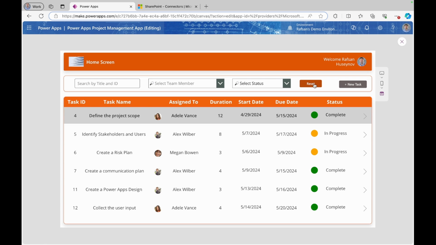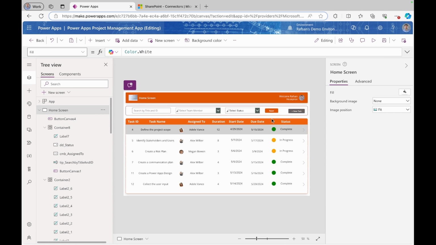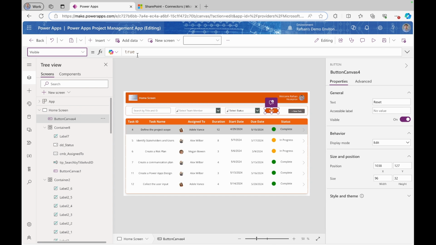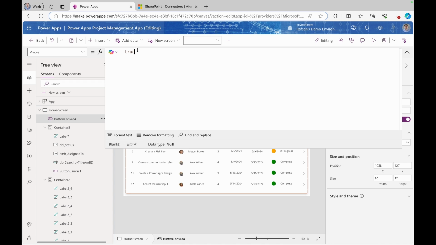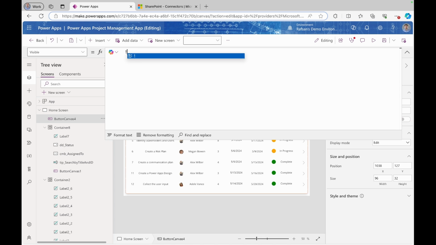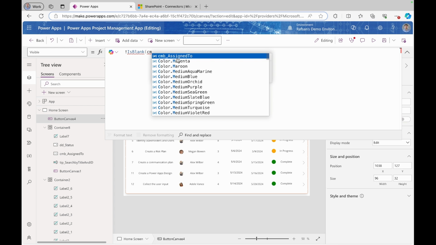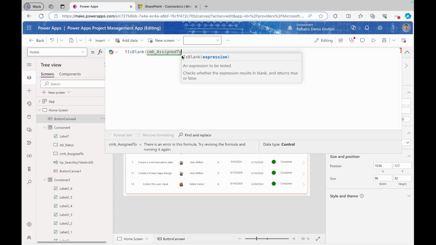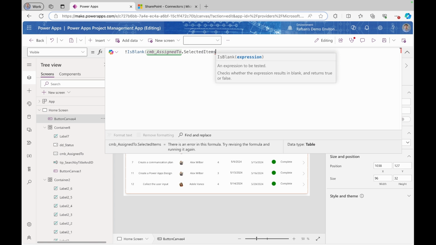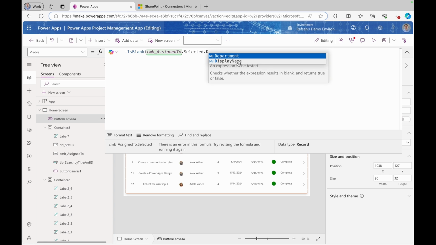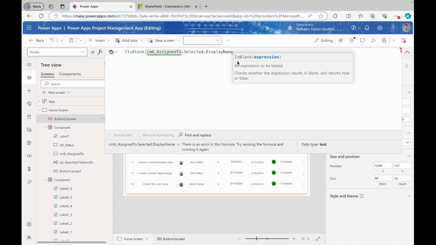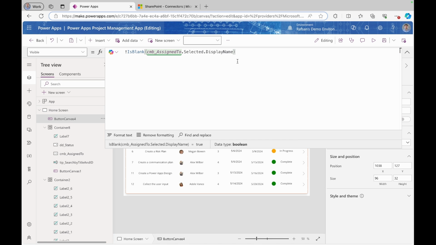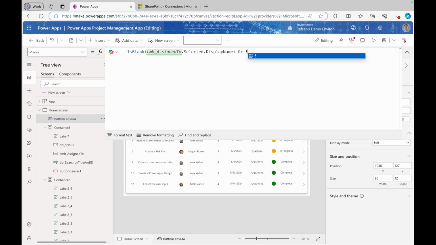But we don't want to see this button here if the user doesn't select anything, right? So I can come back here and select this Visible property. I will say Not IsBlank(combo box assigned to Selected display name), because we are searching or filtering our gallery based on the display name of the user. Close. Then we will put Or Not IsBlank